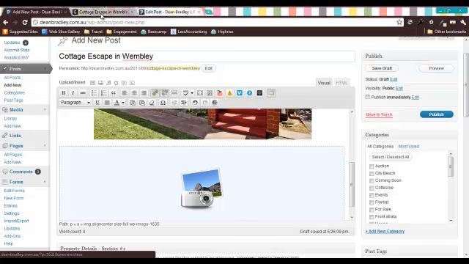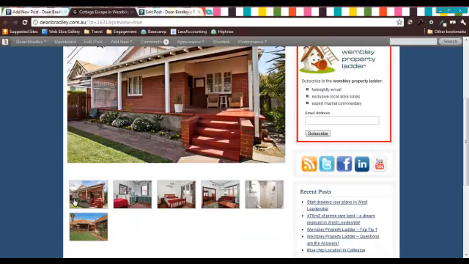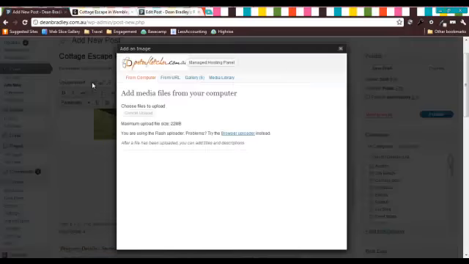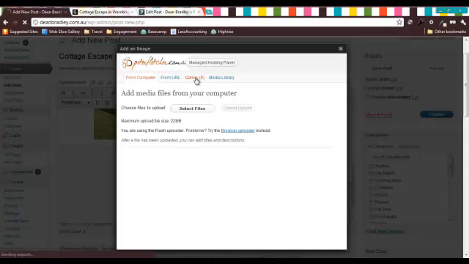So we're just looking at a preview of the post so far in another tab, and you can see that the main image is showing twice. So we just want to exclude that so that it's just the main image and then the 5 smaller images down below. So to do that, we're going to click on Add an Image and then on Gallery,